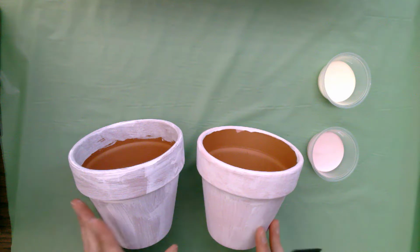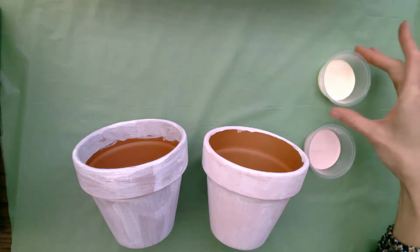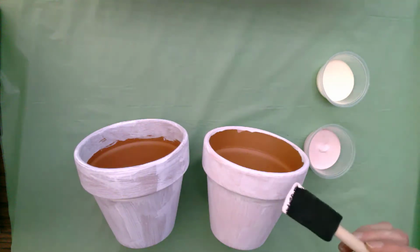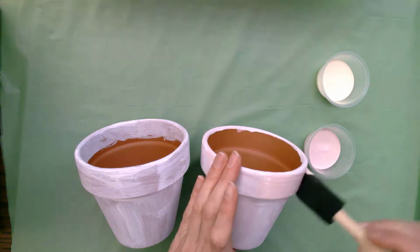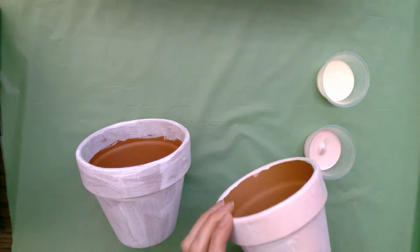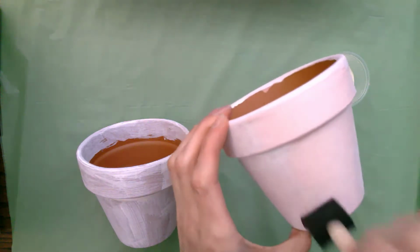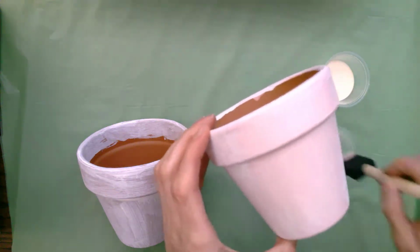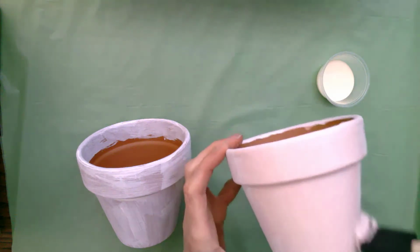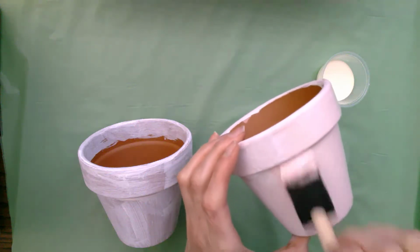Once our base coat is dry, we can start painting. So we've got a light pink and a light yellow color to paint our pots. And you'll see the color is very pretty and spring light, but very light as well. So we can just start painting with our foam brush. Can do a light coat to start. This is going to take at least 2 coats, maybe 3. You should have more than enough paint to do a few coats to make the color look really nice and